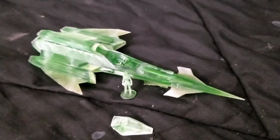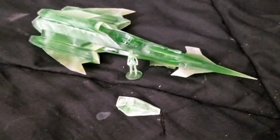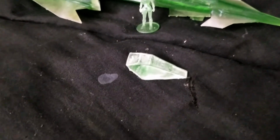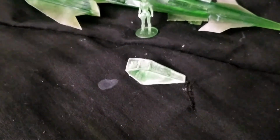Latest adventure in 3D modeling. This is the CF37A Starstreak at 1/72nd scale. The canopy was printed separate. I still need to hollow it out. I'll probably just make it frames,